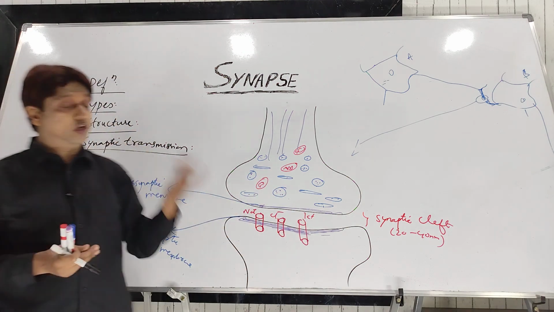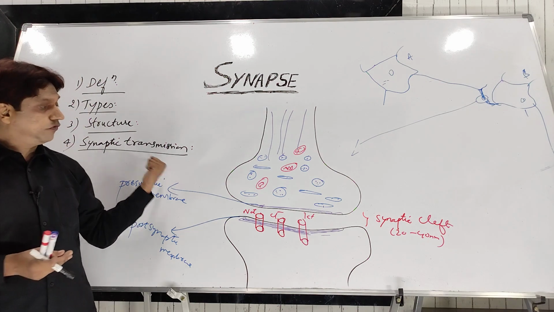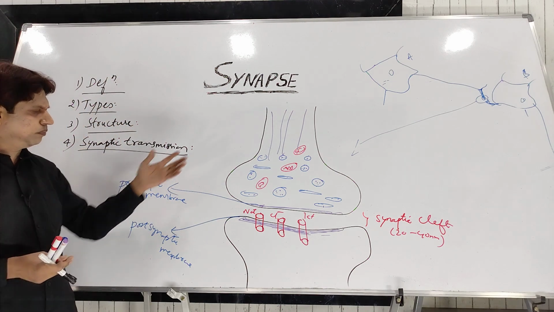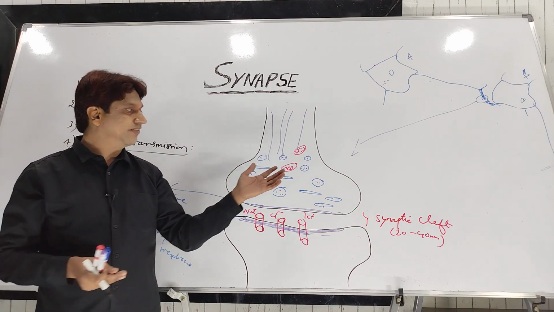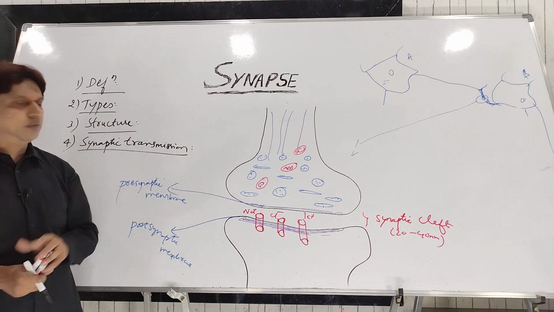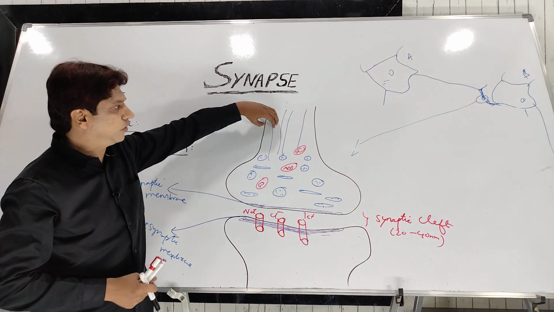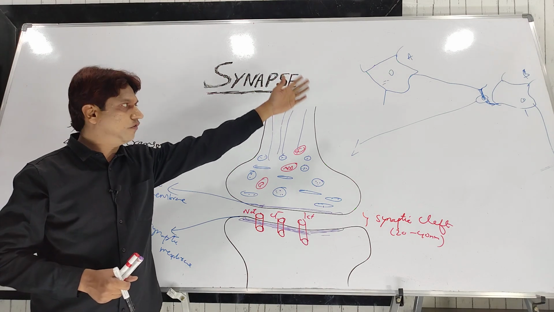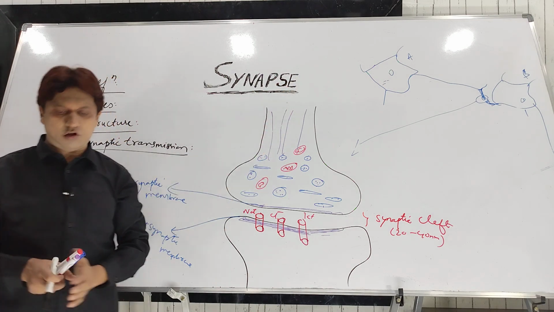So synaptic transmission is very important to know, and from the exam point of view, in first year MBBS physiology it can be asked as a 10 marks question. So there are various steps of how exactly a message from one neuron can be transmitted to another neuron. First step: when this type A neuron, that is the first neuron, the presynaptic neuron, is excited,